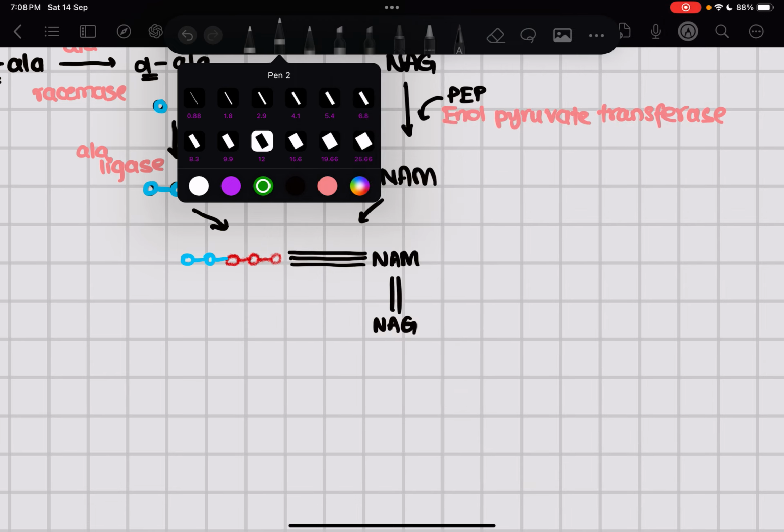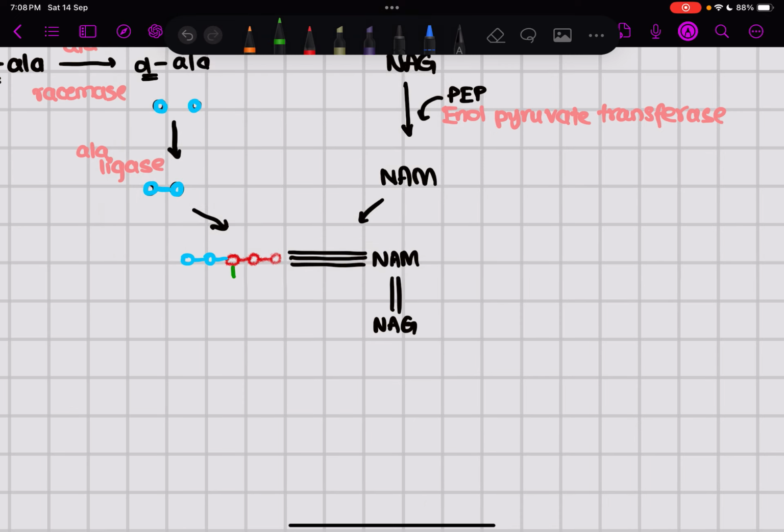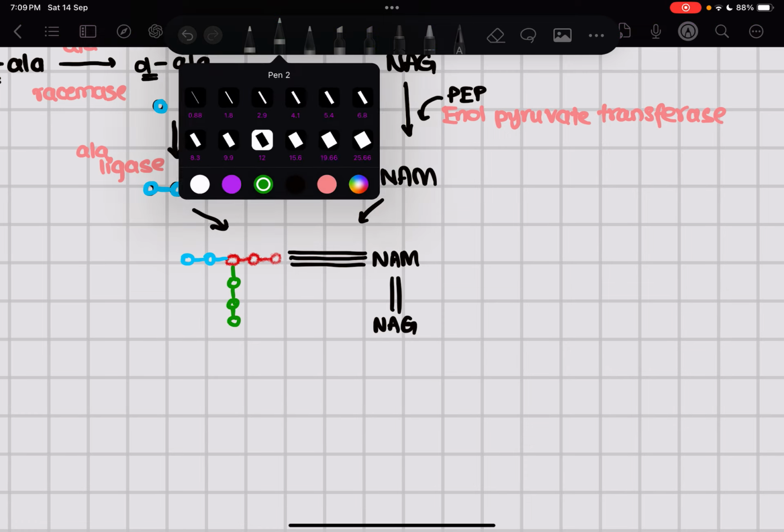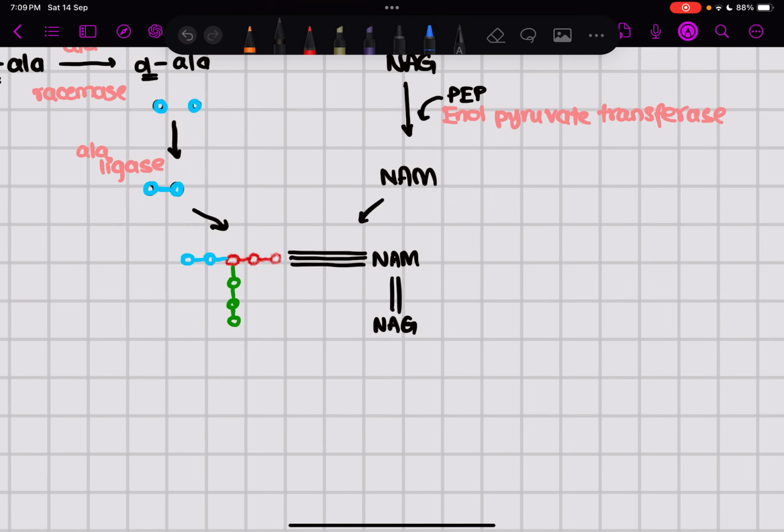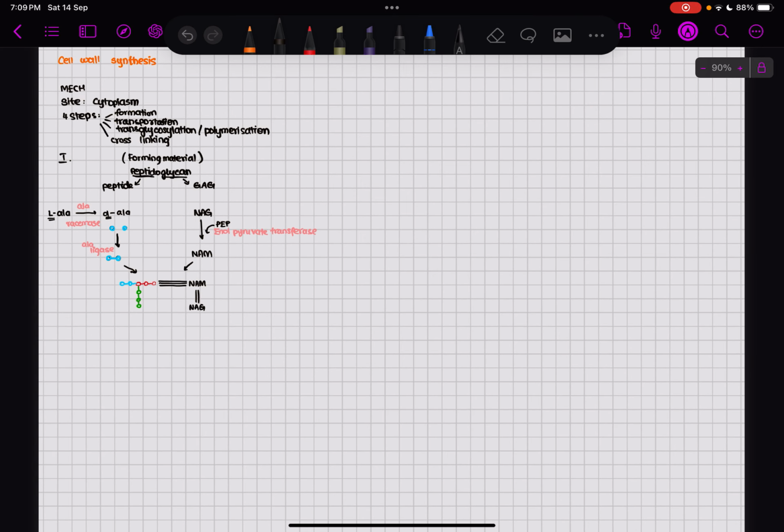Now this glycine will come here, that is 3 units. This is one total subunit, and this is happening in the cytoplasm, and we want to commit